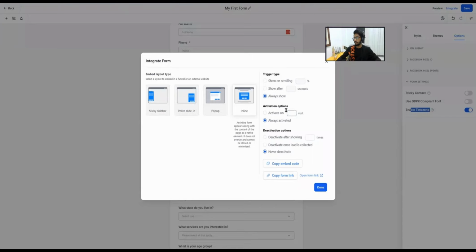And then here we have the activation options like activate on. Here you can just select activate on two visits. So this form will be only displayed to your customers for the first two visits. On the third visit, this form will not be displaying. So this is more likely useful if you are running any kind of offer. So you don't want that offer to show up in front of your customers every time. So always activated means it will be